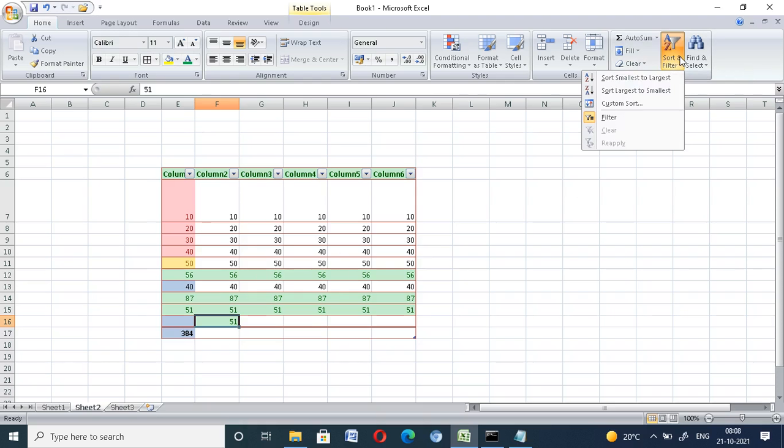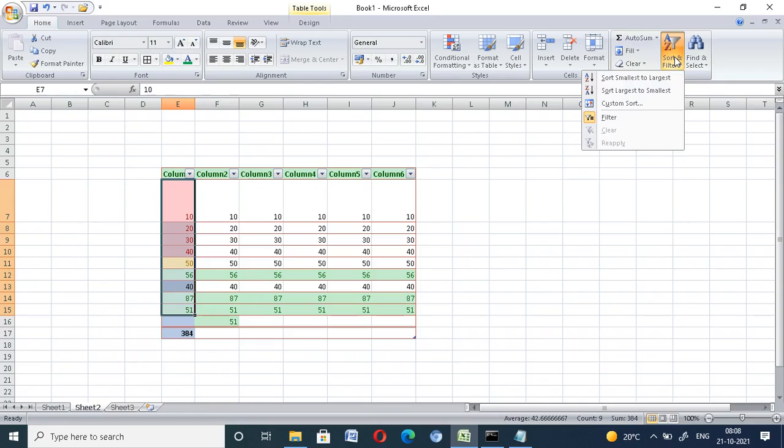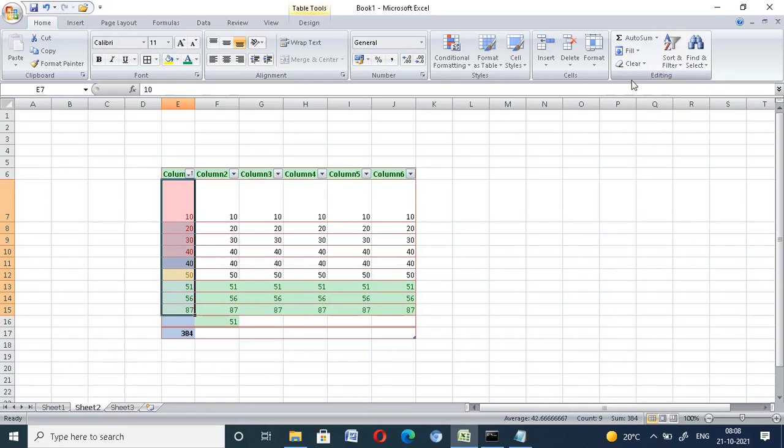If you want sort and filter, select the cells and you can sort smallest to largest. This is the smallest: 10, 20, 30, 40, 50, 51, 56, 87.